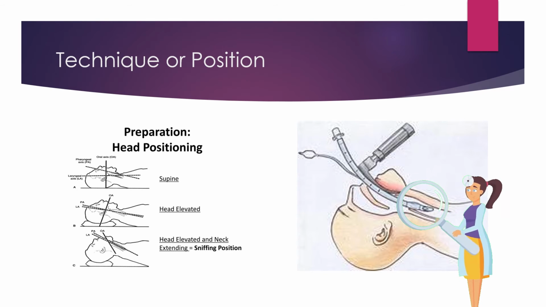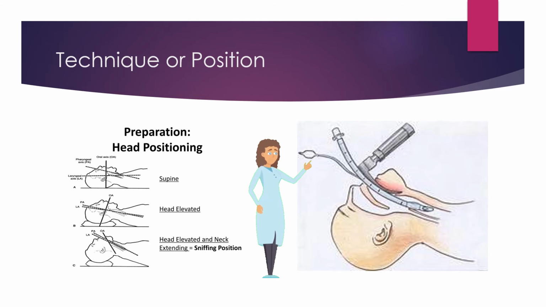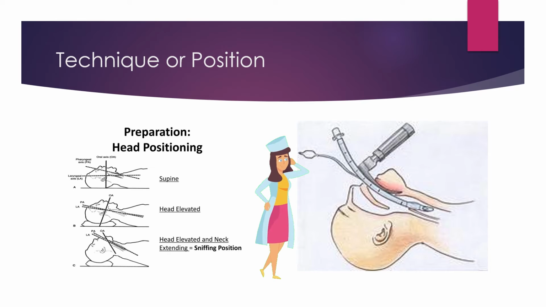Now over here you see if it's a supine position it becomes difficult. So there is the oral axis, the pharyngeal axis and the laryngeal axis. Now what happens is the pharyngeal axis and the laryngeal axis, they both come and they intersect at this place. That's the reason why you're not able to intubate well. Now when the head is elevated, if you have a pillow under the head, again what you see is there is still an intersection of the pharyngeal axis and the laryngeal axis, which might again be difficult for